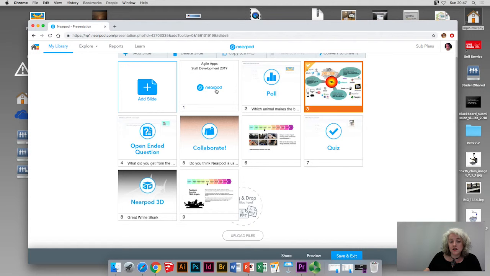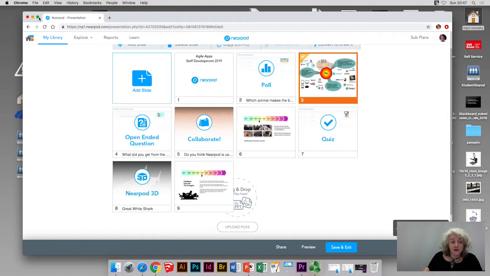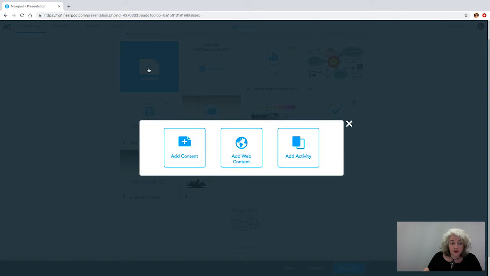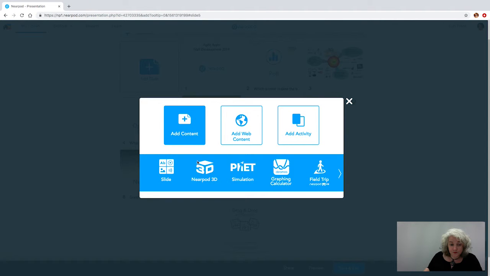So you can see there's a world of difference between the very, very simple text tool in Nearpod and bringing in something from PowerPoint. Again, just as easily it could be something from Photoshop, it could be something from Illustrator or InDesign. But because there's a lot of content, it does take a while to process, so you can see that it's still processing. The next thing I want to do is I'm going to go back into Add Slide,